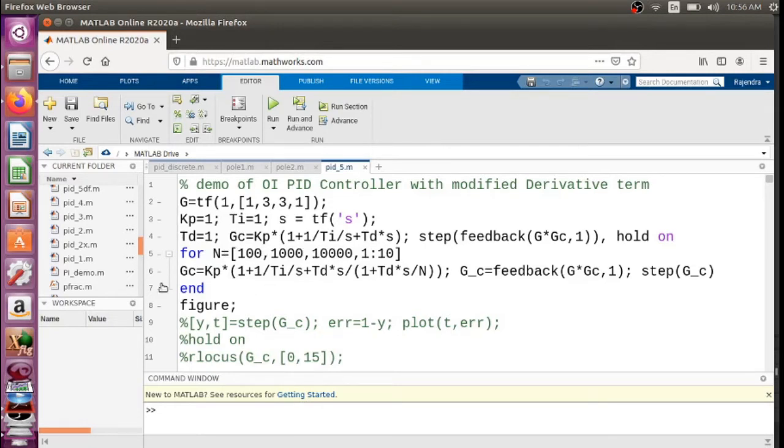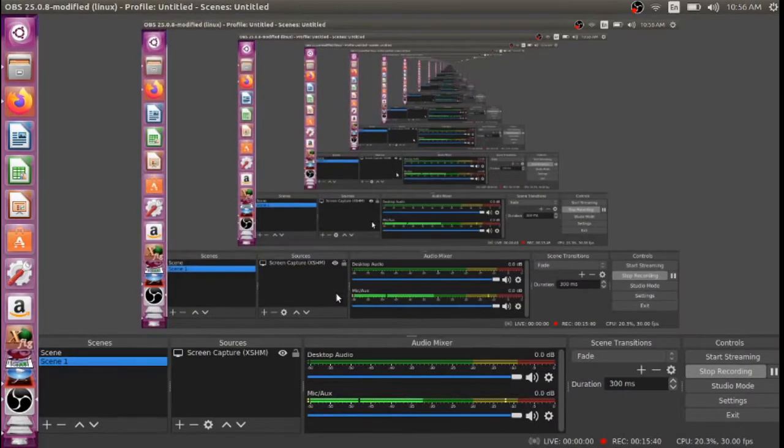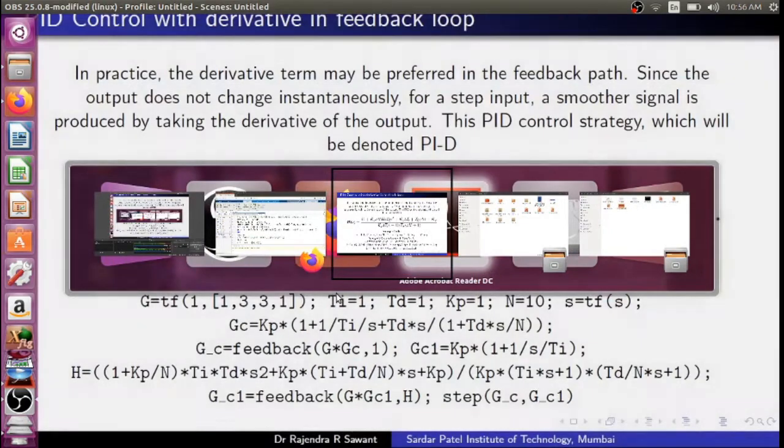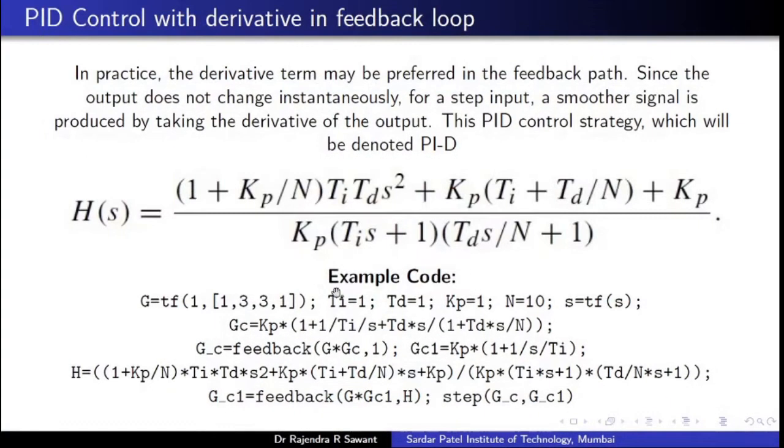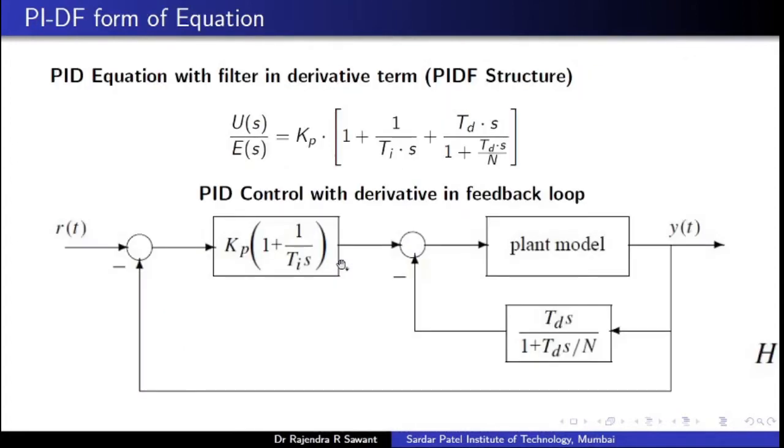Now we write down the compensator expression, or PID controller expression, like this, which we have seen earlier in the presentation. This is my term: 1 plus 1 upon TIs plus TDs upon 1 plus TDs upon N.